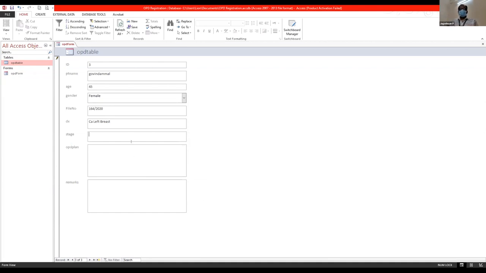So let's say this patient is T4AN1M0. And the plan is we are sending this patient for a radical mastectomy, modified radical mastectomy. So the remark is to be referred to surgery. That's what we mean here. All right, so now that we have some basic idea, let me just remove the word left here for beauty's sake. You can always add a laterality box to say whether it is affecting the left side or right side. Okay, I'm going to close this form.